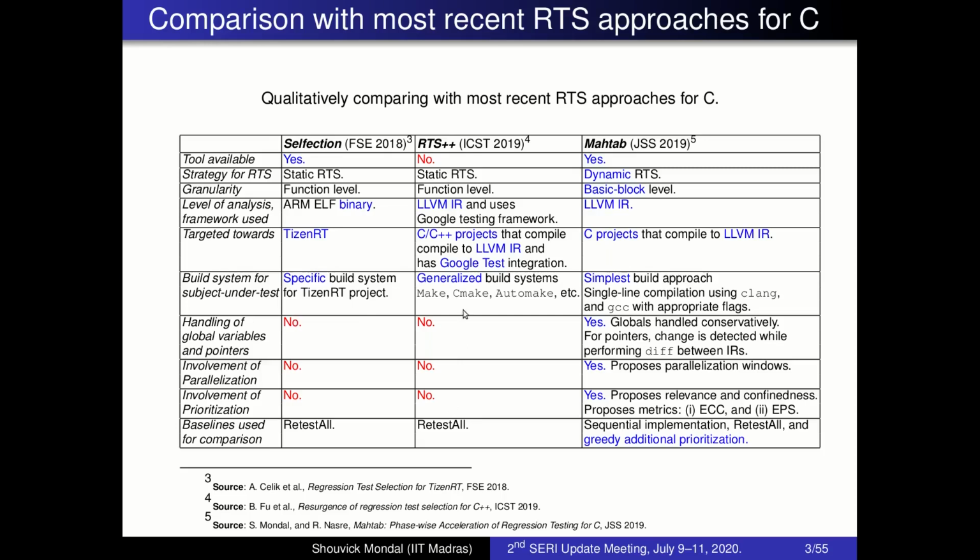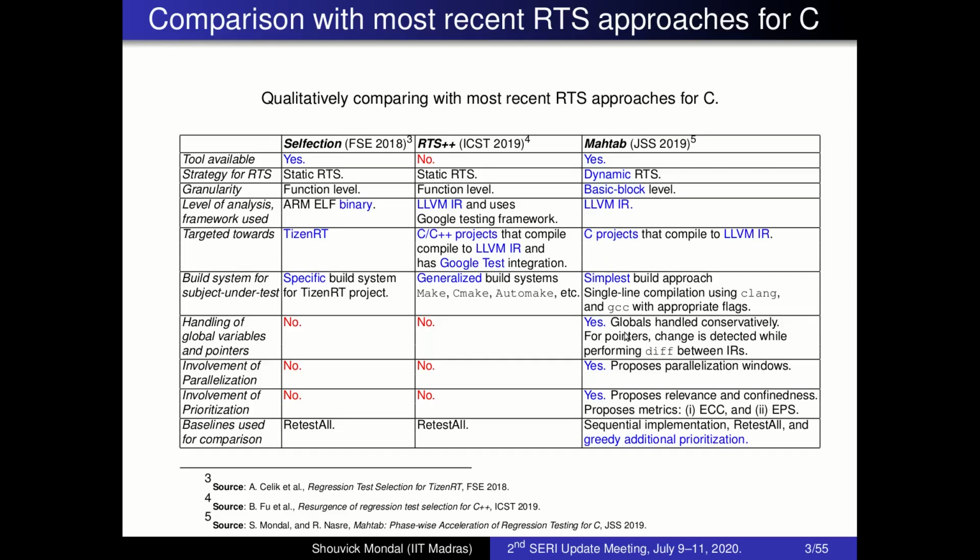The other two don't involve any of this, while Mahatab has all of it. Globals are handled conservatively: if there is any change in a global, as I said in the beginning, we select all test cases. For pointers, which may be in local variables, the change is detected when we perform a diff between the IRs, and parallelization is achieved by parallelization windows.